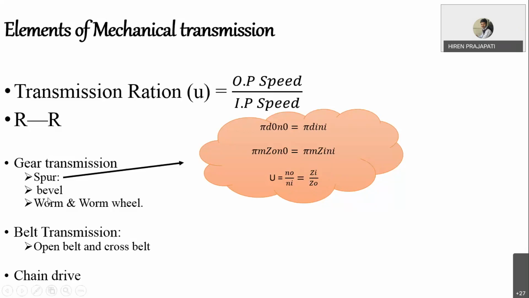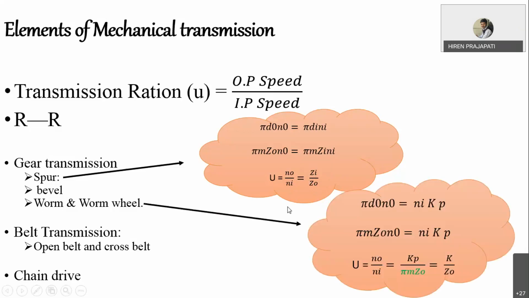Similarly, I leave it up to you to find the bevel transmission ratio. Now, worm and worm wheel transmission ratio. In case of worm and worm wheel, as an input we have one screw, and as an output we have a gear wheel. Here again, the linear speed of both is the same, so that is equated here. The linear speed is converted into the rotational speed of the worm wheel.